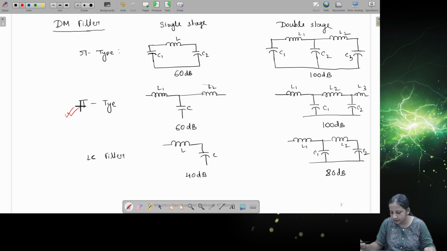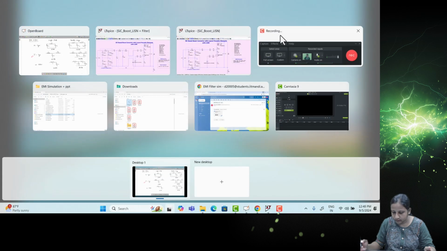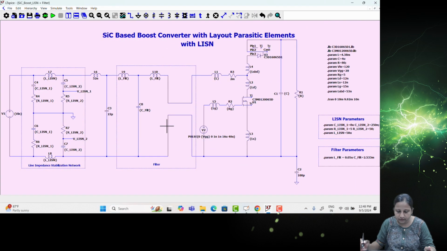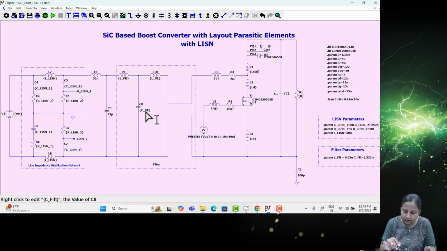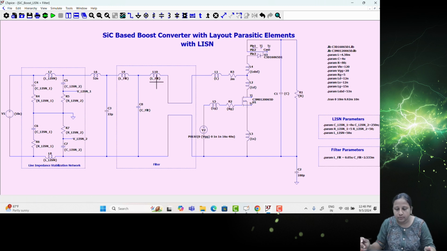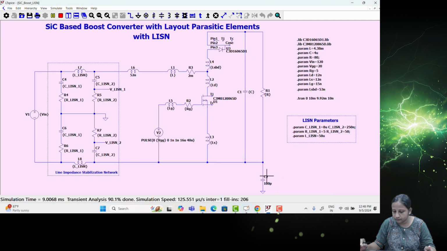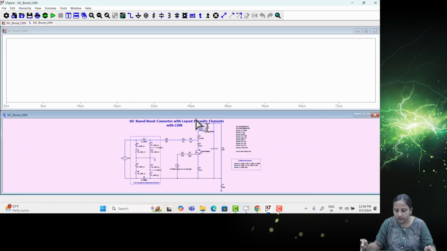Now let me open this simulation file to show you. It is with filter. So this is it. You can see here this LCL, this T type of filter is added as the filter part. Okay. These values are calculated based on the frequency. That calculation you can do by yourself. Okay. Now let's see